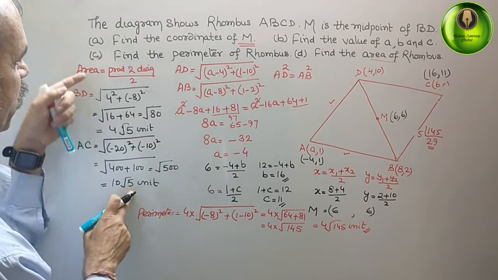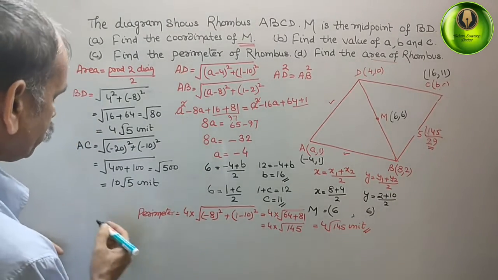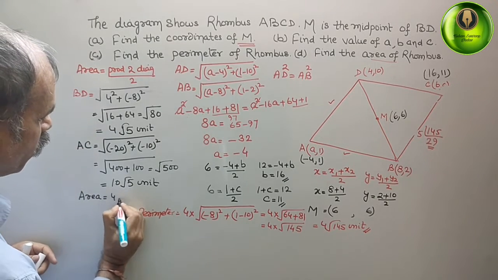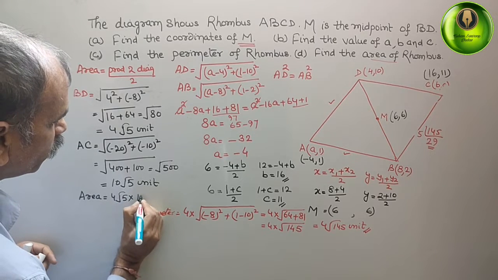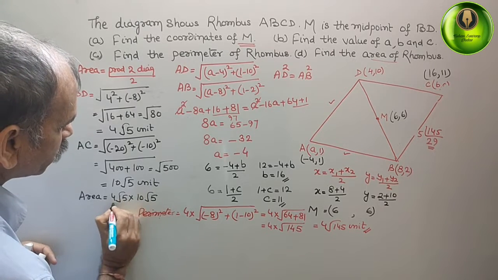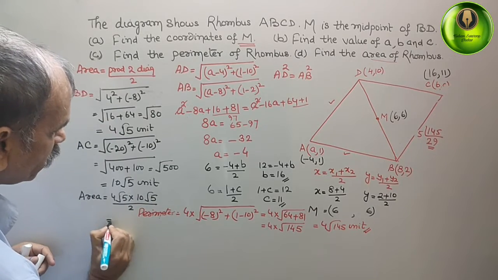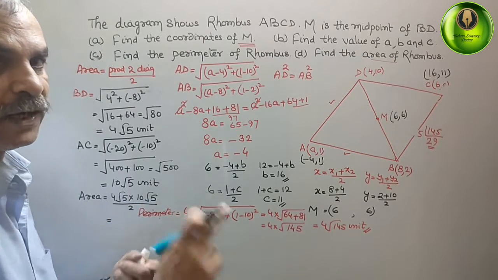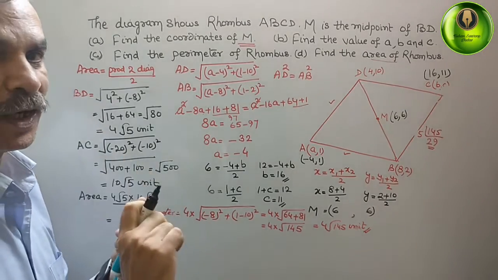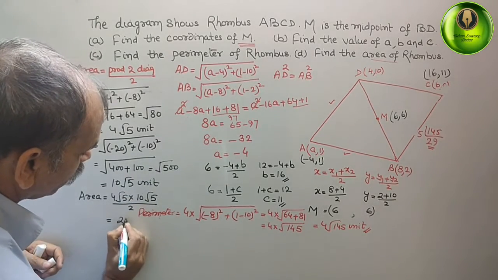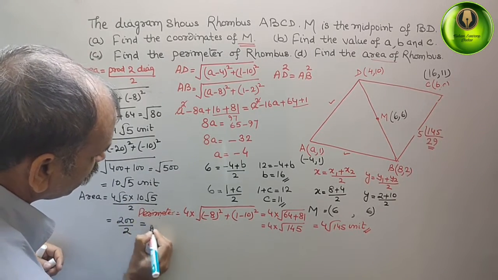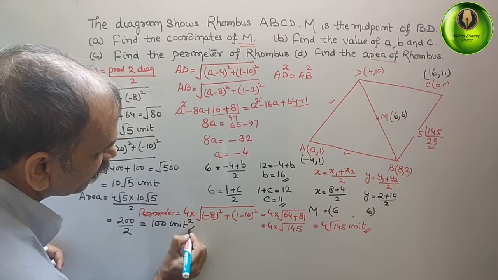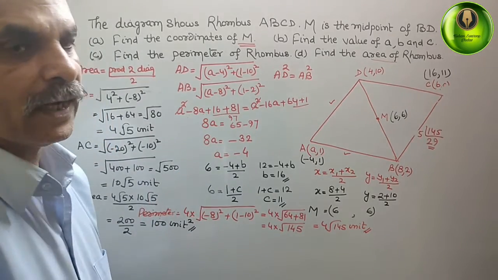Now we will substitute both values in your area. So therefore, what will we get? Area is equal to 4 root 5 into 10 root 5 by 2. So this is equal to 4 into 10 is 40, 40 into root 5 times root 5 is 5, 40 into 5 is 200, 200 by 2. That is equal to, we can say, 100 unit square is your answer. Like this we have to